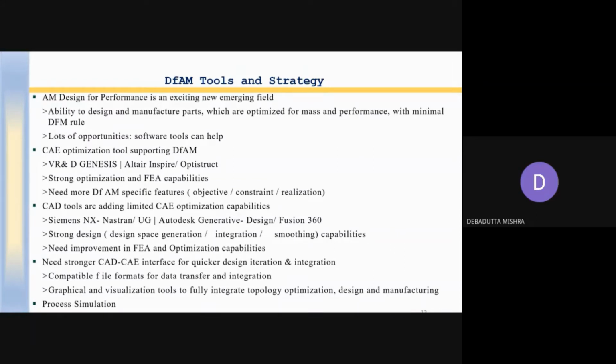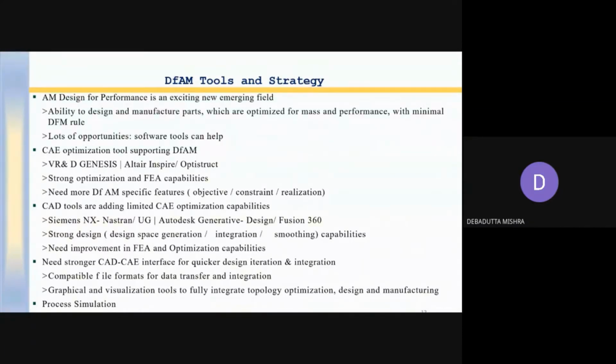It means you remove the material and it can be replaced by some truss, so that the mass is reduced. In that case, you need a strong interface between the CAD modeling software and the CAE analysis software.